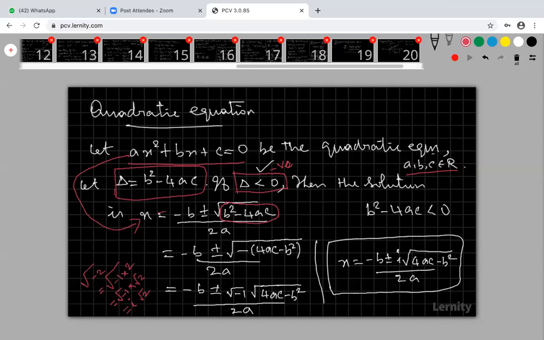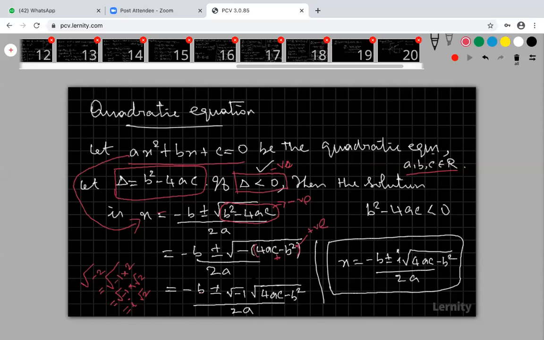Okay, my b square minus 4ac is negative because we are assuming. So I'm going to take the minus outside. Now my 4ac minus b square is positive. Since this is negative, this entire thing is positive. So this positive number into minus. This minus can be taken as root of minus 1 and root of this positive value. So now we can find the value of root of 4ac minus b square, and the root of minus 1 is denoted as i. And these are real values only, b and a.